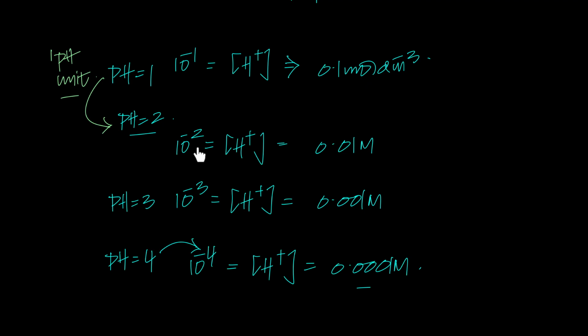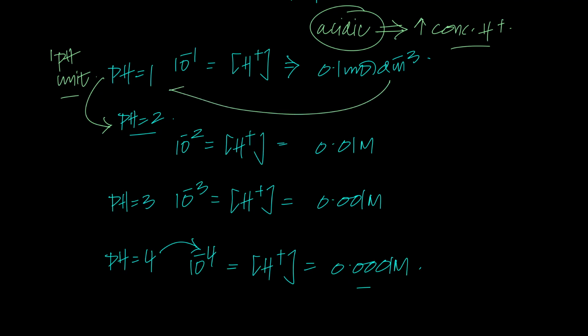I'm using the word change, right? Here it's decreasing by 10-fold because you're increasing the pH. And if you go in the reverse order, from pH 2 to pH 1, you're going to actually increase the hydrogen ion concentration by 10-fold. And that is the reason, and this is so beautiful, why if you have a more acidic solution, aka having higher concentration of hydrogen ions,